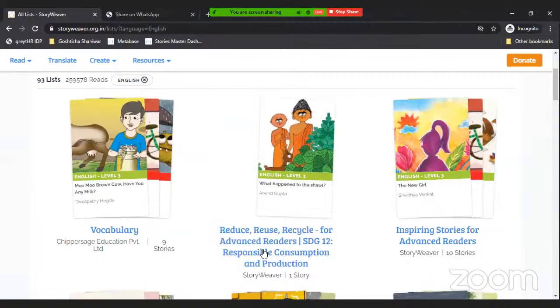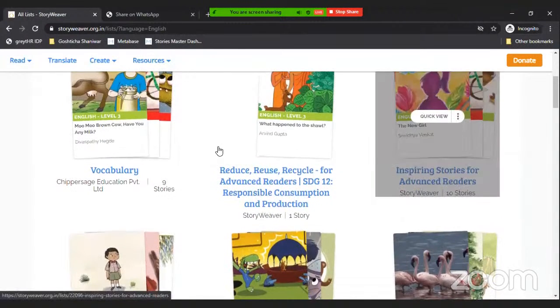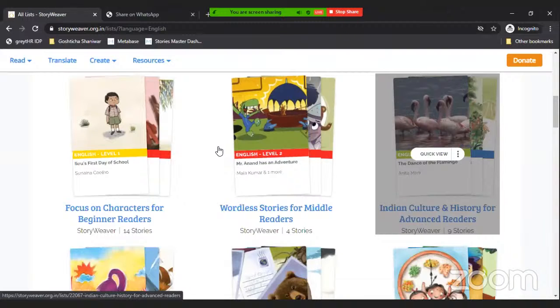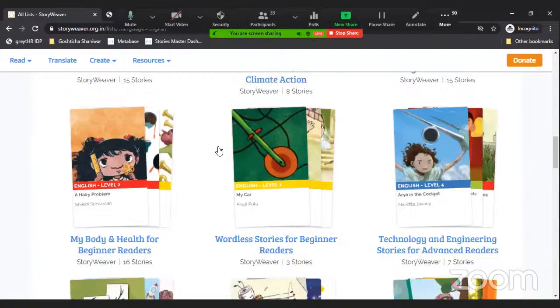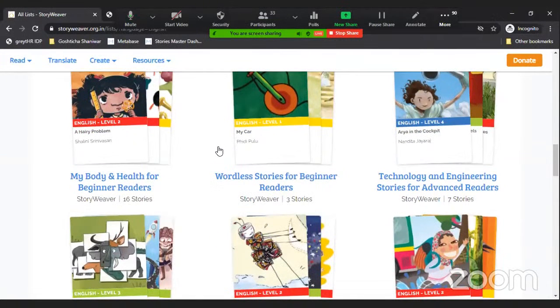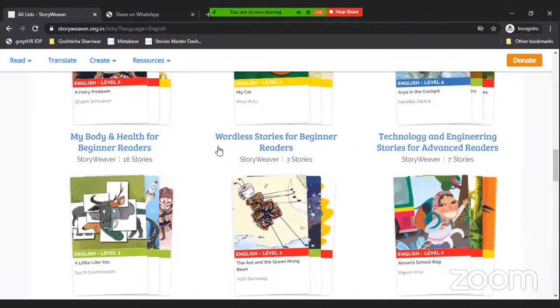So there are multiple book lists that are available, for example, vocabulary. If that's a skill that you want to build in your class, then there are 9 stories that are available under vocabulary, inspiring stories. So there are multiple themes under which the books are arranged. The teacher can go through it, and if there is a particular topic that the teacher wants to introduce in the class, the teacher can select that book list and read all the books or a few of them in that category. For example,